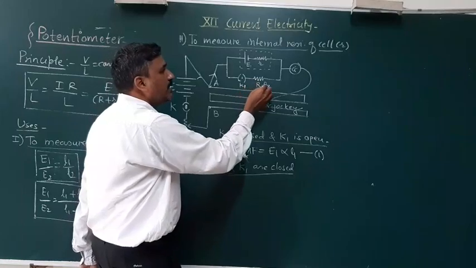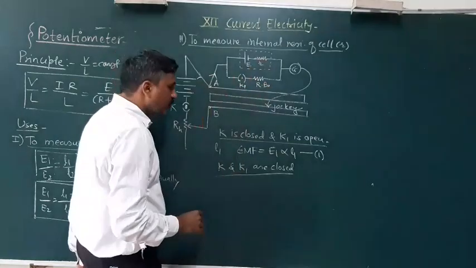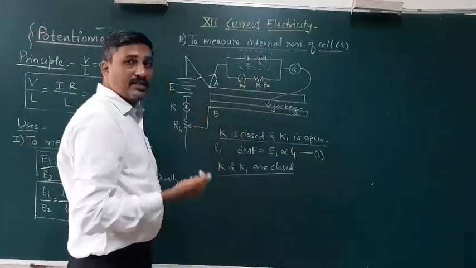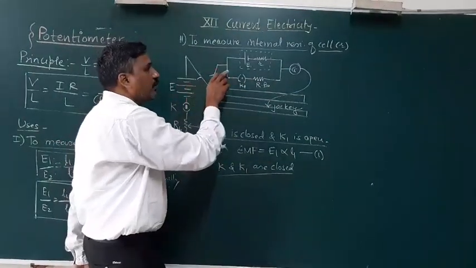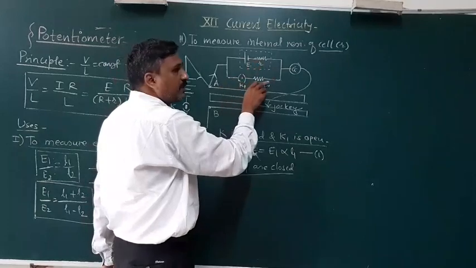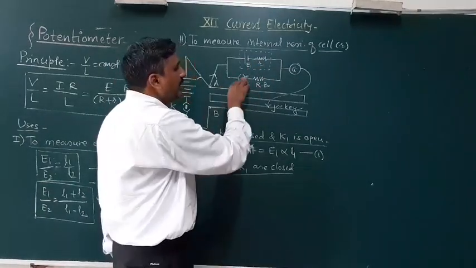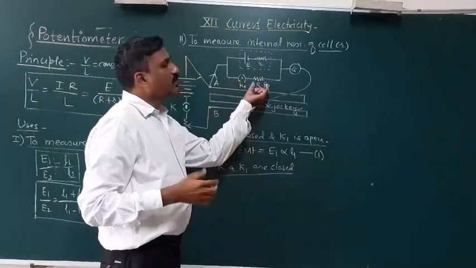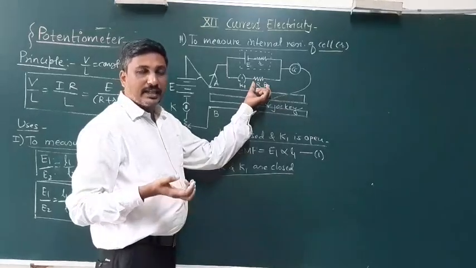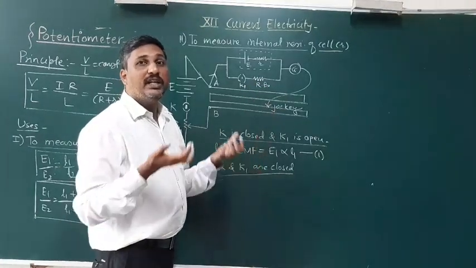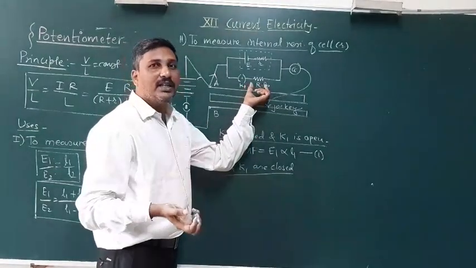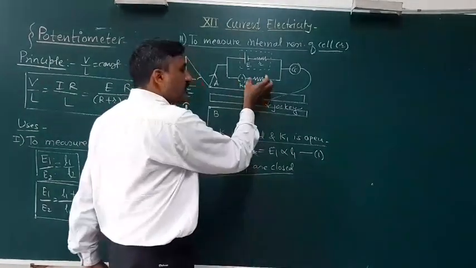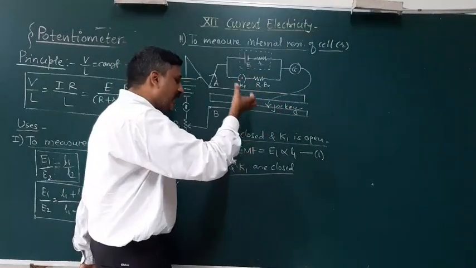Now here, remove one suitable resistance from the resistance box, which means some resistance is added in the circuit. Now the current starts to flow. The current is flowing also from this part. There is some opposition offered by this resistance. At that time, it produces a potential difference because some resistance from the resistance box is added in the circuit.